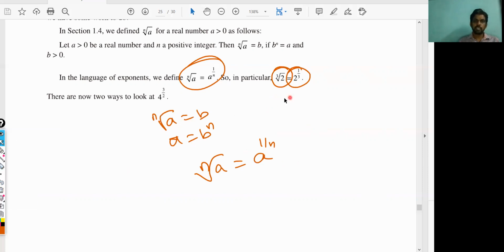So if I'm having it as 3 power 2, I'll multiply 3 two times. If I'm having it as 3 power 1 by 2, I'll check for the reverse process. So I have to check for a number: when I'm multiplying 2 times, I should get 3. Or take another example. If I'm having it as 9 power 2, I'll multiply 2 times and make it 81. If it is 9 power 1 by 2, I'll check for a number: when multiplying 2 times, I should get 9. Right? So there is a difference. So this should be 3.